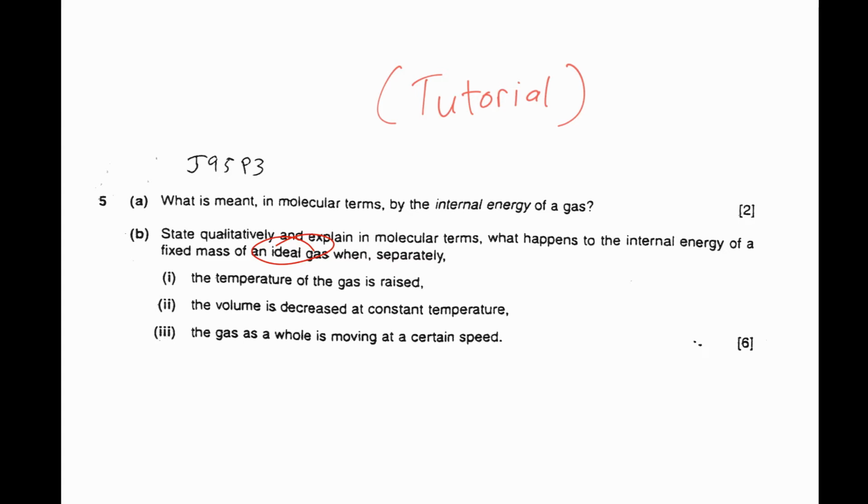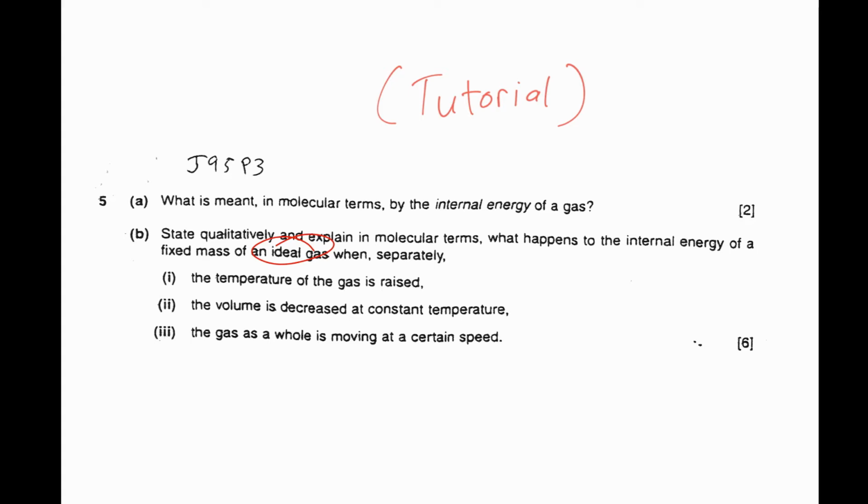So some people think, oh, volume decreases, so therefore separation decreases, so the PE decreases. Actually, it's a trick question because this is specifically referring to an ideal gas. So ideal gas, as we know, does not have intermolecular forces, so it doesn't have potential energy. So you just have to say, ideal gas does not have PE. That's all. So first part you say temperature constant, KE constant. Second part you say ideal gas has no PE. Then write down the final conclusion, therefore no change in internal energy.